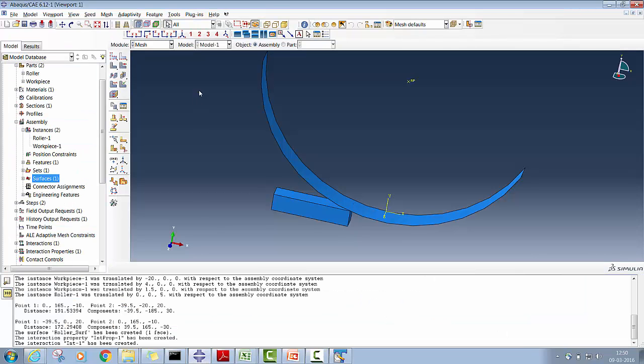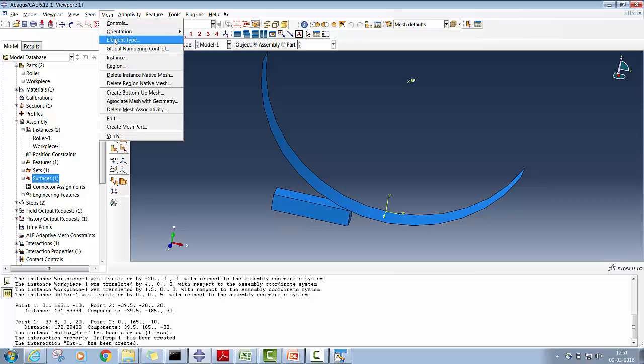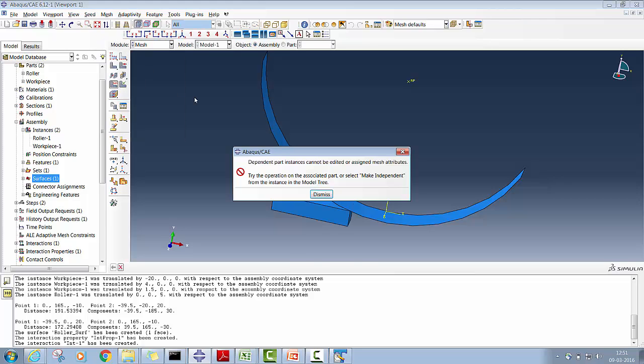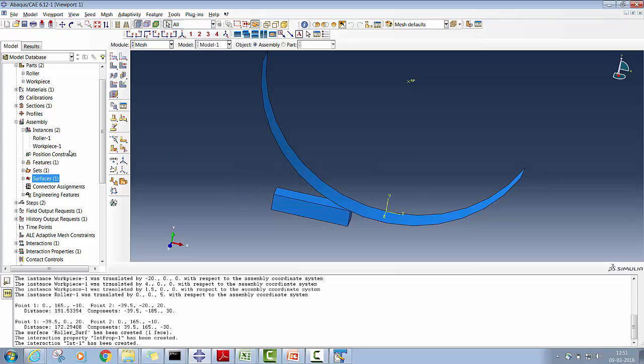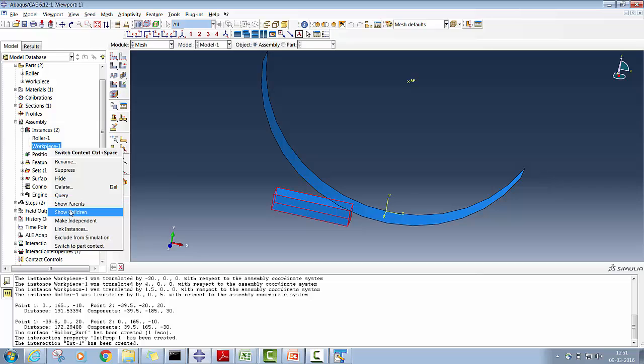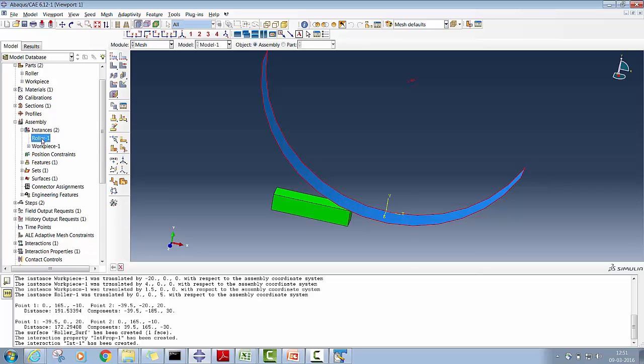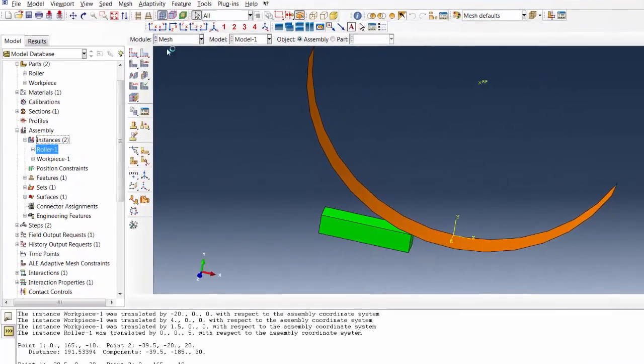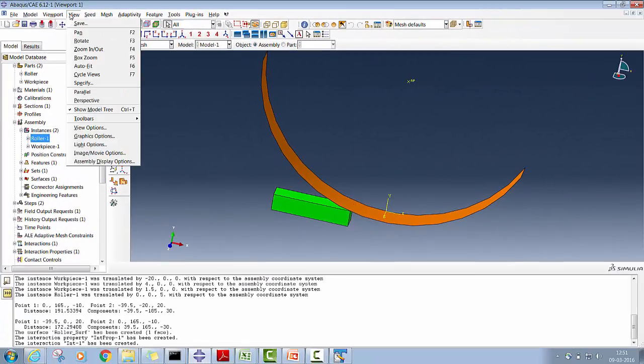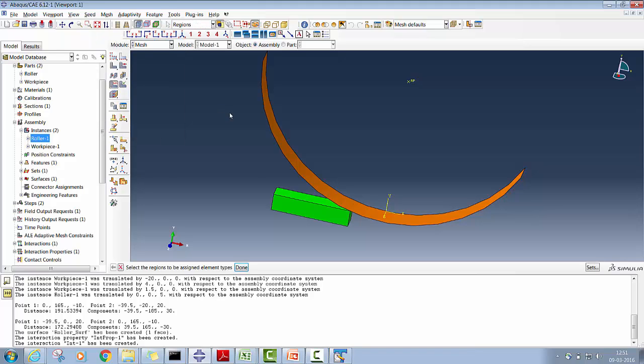Going back to the model build-up process, as I mentioned, we need to define the section control. For that, you go to the mesh module, and in that you look for element type. Okay, and so we need to make these parts independent. So now we can do it. So go to mesh, element type, and